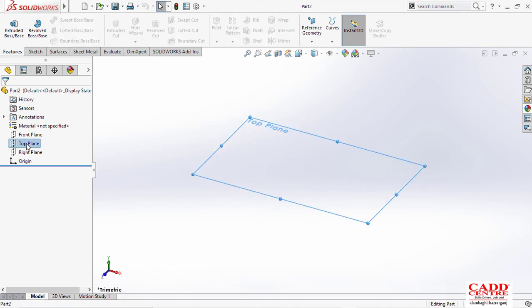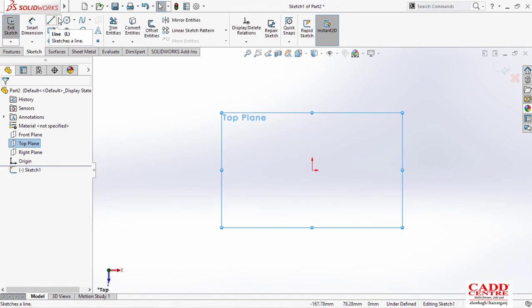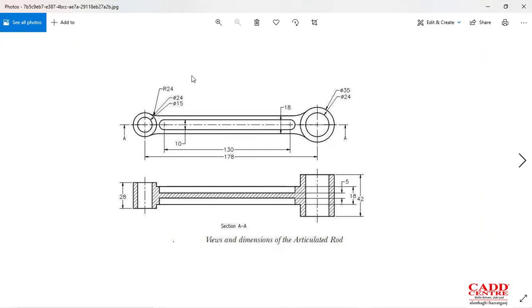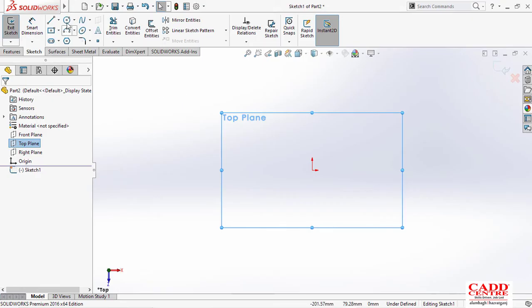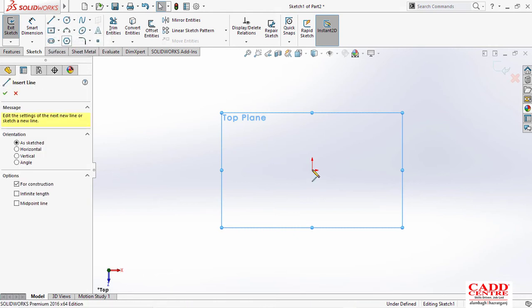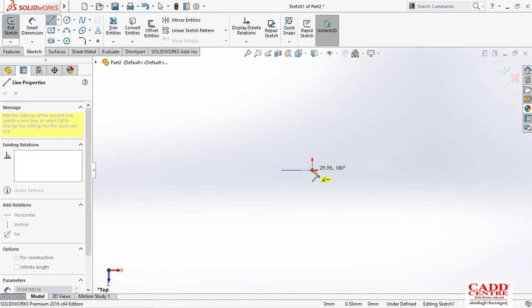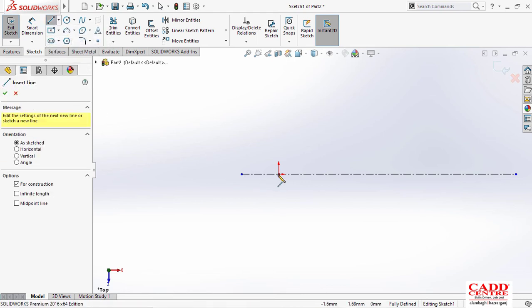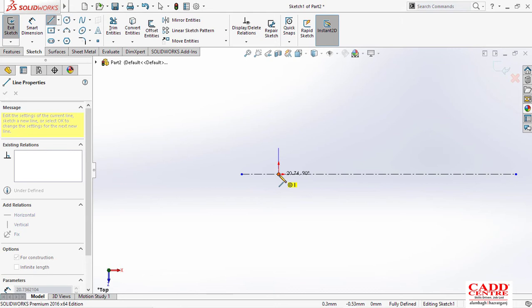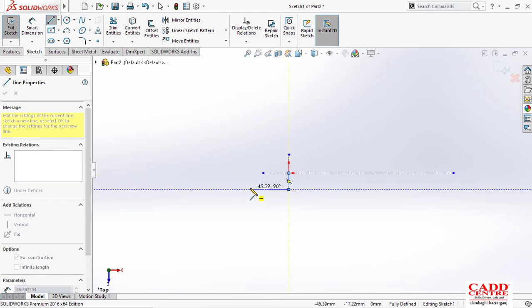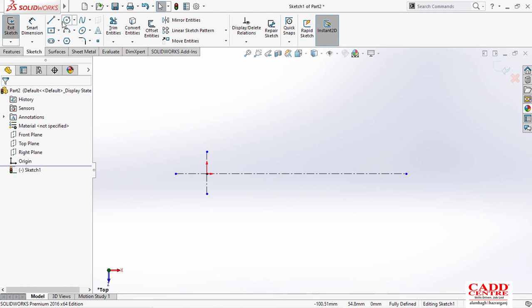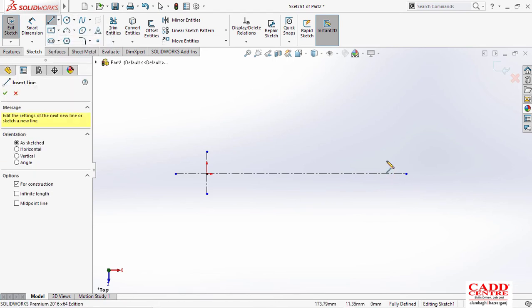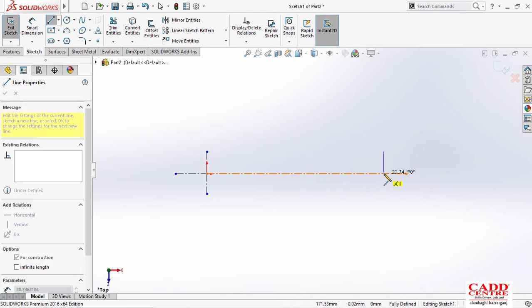Select the top plane, because that figure belongs to the top. Draw the center line which they have given like this, and then start making circles. Previously we drew some unnecessary circles, which we had to trim afterwards. Here I'll keep in mind what we need and draw only that, and not model the things that are useless for the extrusion. So take perpendicular here, and then perpendicular.